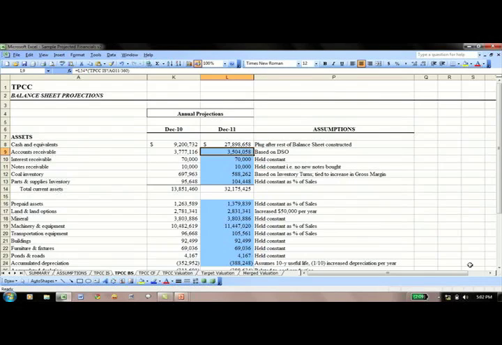Now if you divide your accounts receivable by the average sales per day, what you'll get is a number for the days of sales outstanding. So if you look at the formula that we've used here,